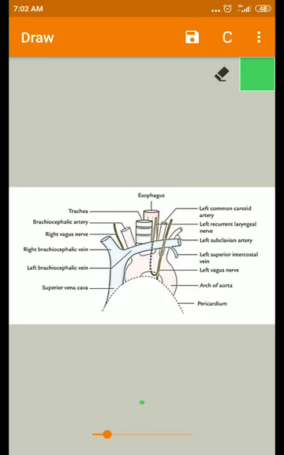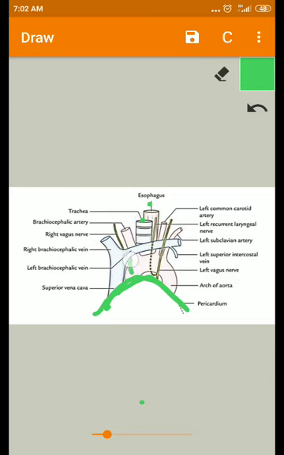Students, welcome back. Now we are going to see the large structures arrangement in the superior mediastinum. So here this one is the superior mediastinum. This is the anterior view. Below this you'll have the pericardium and structures you can see here. The esophagus is present more posteriorly, and then the trachea, and the arch of aorta.